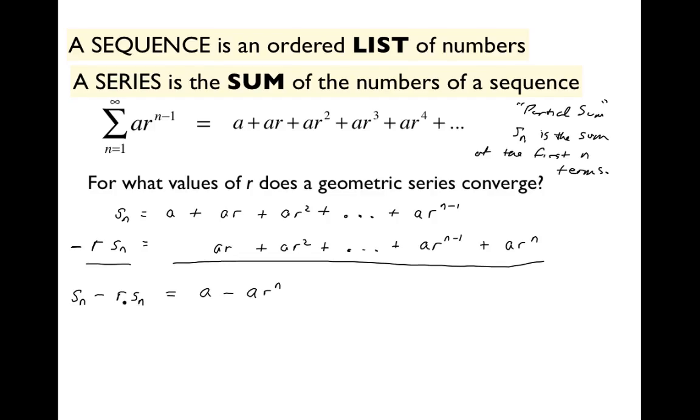Okay, then I'm going to solve for the nth partial sum. Can I do two steps at once? I would factor out S n, and when I factor out S n, I'm going to get 1 minus r. And I'm going to divide both sides by 1 minus r. So I did two steps at once. Is it okay? You see that? And then I'm going to write this as